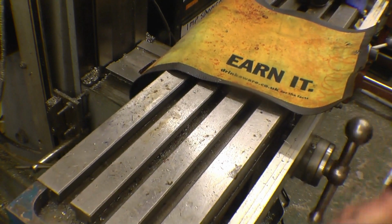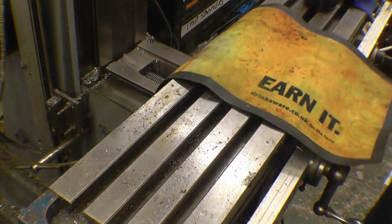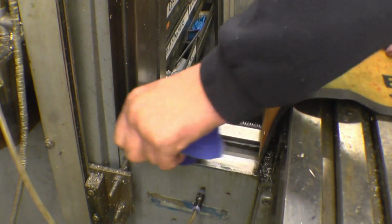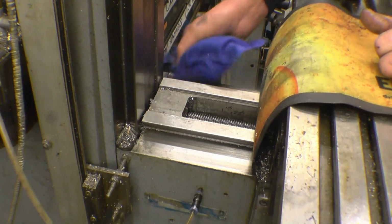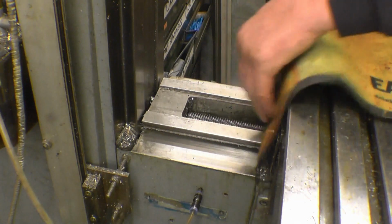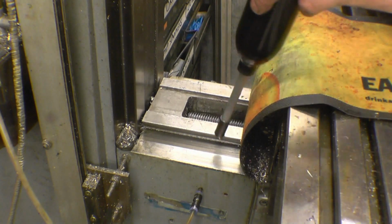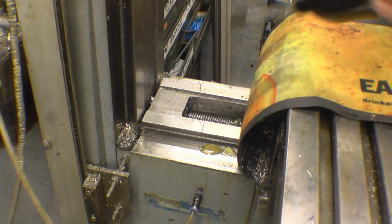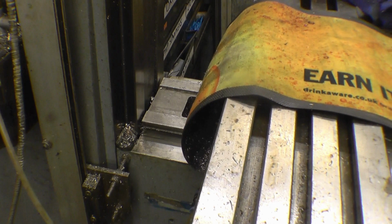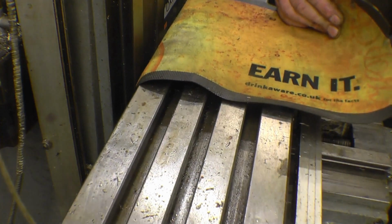So the machine now comes all the way back till it hits a stop, so that's 2 inches of travel that I gained that it didn't have. If you look in the back of here, you can see it's dirty, but it's nice and oily. Plenty of oil on the feed screw, and I have got that, which normally fastens up there, which stops most of the stuff going onto the lead screw down there. Once again, a little bit of lube on there won't do any harm at all. It goes all the way back,